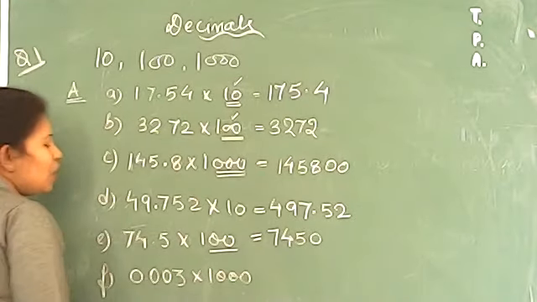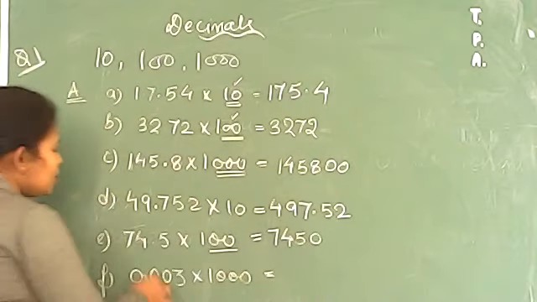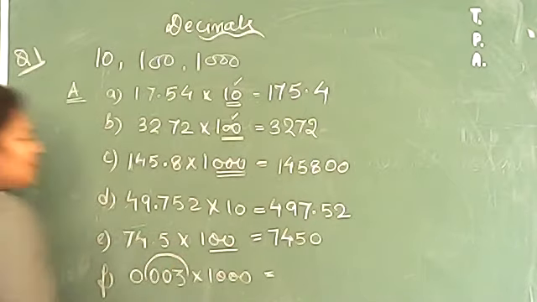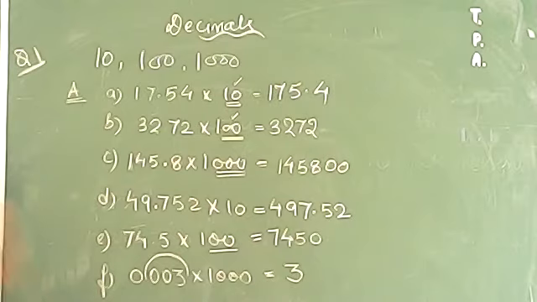1000 means 1 along with 30. 1 along with 30 means you have to shift 3 places. So this decimal will go directly after 3. So after 3 means your answer would be only 3, because 3 के पहले 0 लगे होने का कोई मतलब नहीं है बेटा. So there is only 3 will be the answer for this question. So question number 1A is finished now.